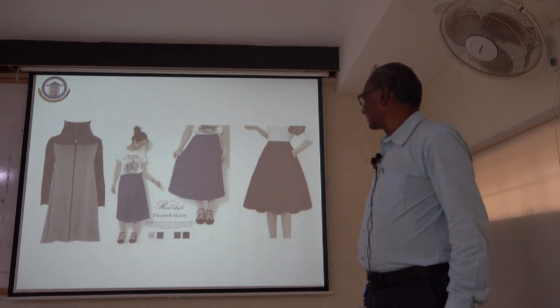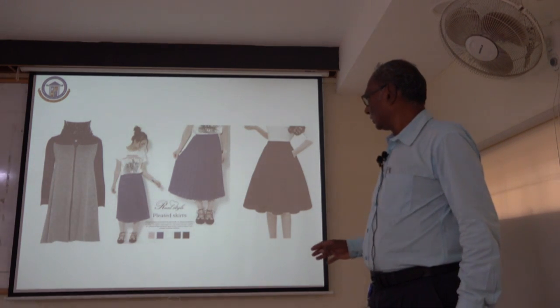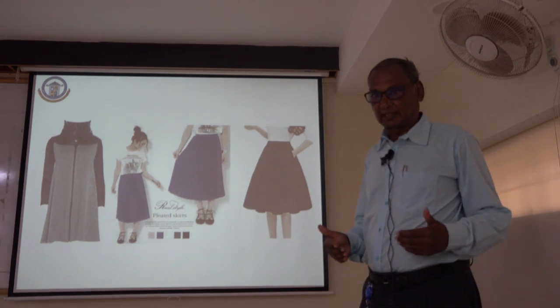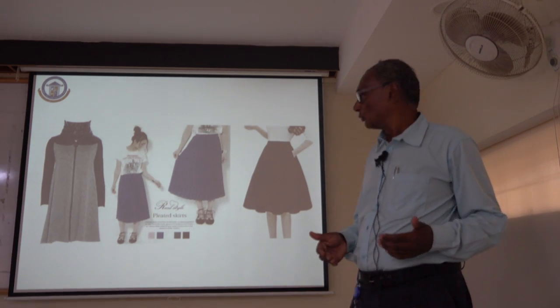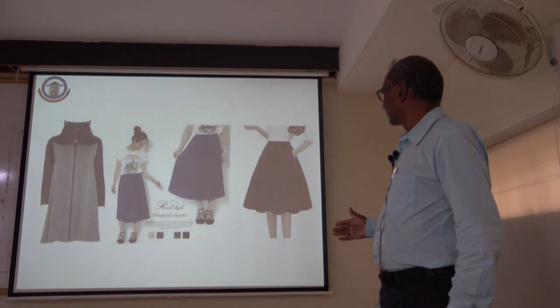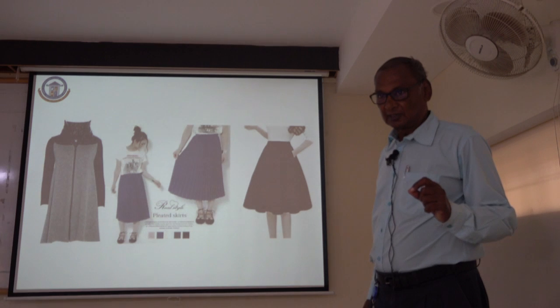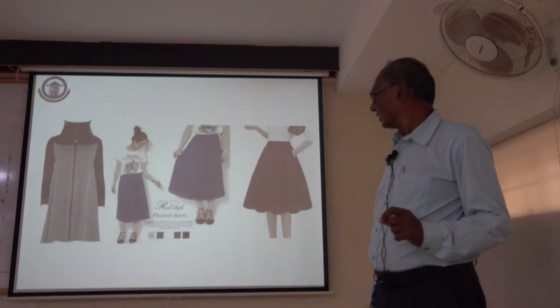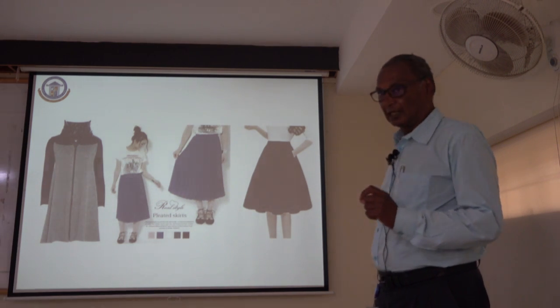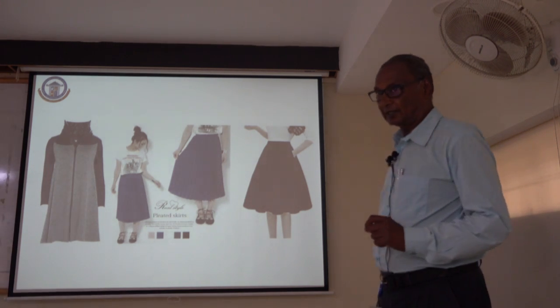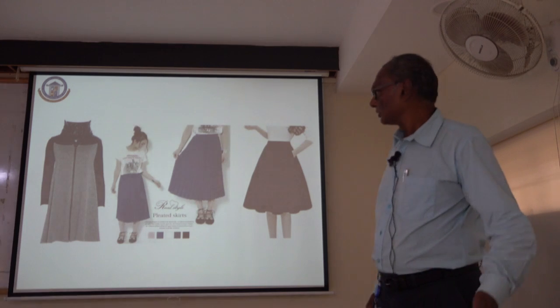Just look at this. You will be surprised to know this figure is for a person who is rectangular in shape. When we say rectangular, we can compare it to a barrel also. These are the types. The actual figure will be rectangular, but by wearing these dresses, they look attractive and they look quite normal in shape. Now next,